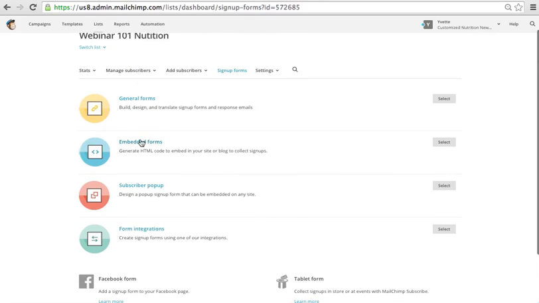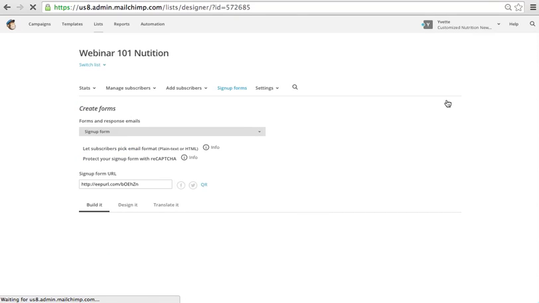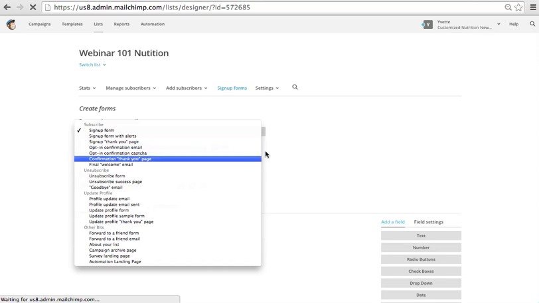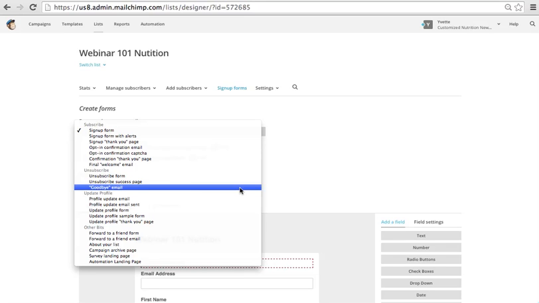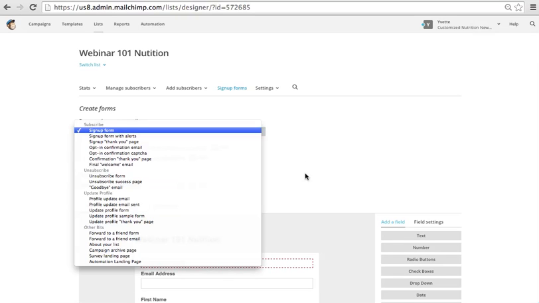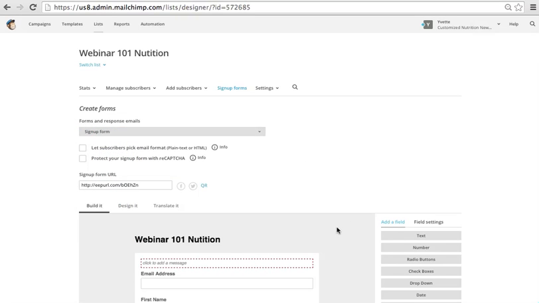So with our general form, I'm going to select this and show you this. With these forms, and this is something I love about MailChimp, there's a lot of options. You can create goodbye emails. You can create final welcome emails, confirmation thank you pages. And if you're looking at creating a free gift for your subscribers, you could include those right here in this free feature of MailChimp in your thank you page or in your final welcome page. For the sign-up form, you can customize it